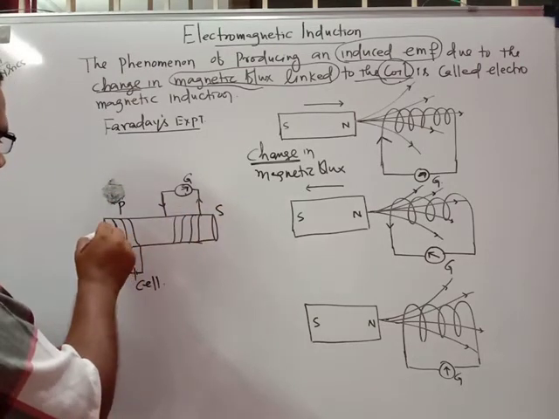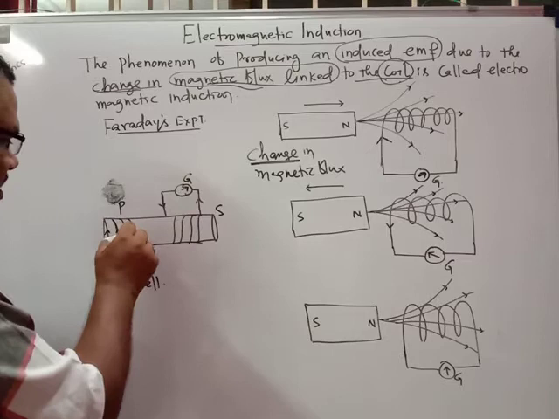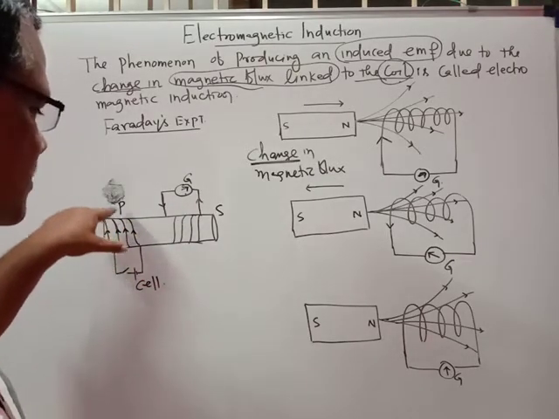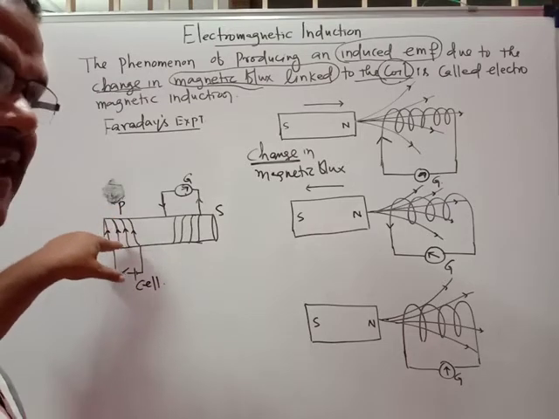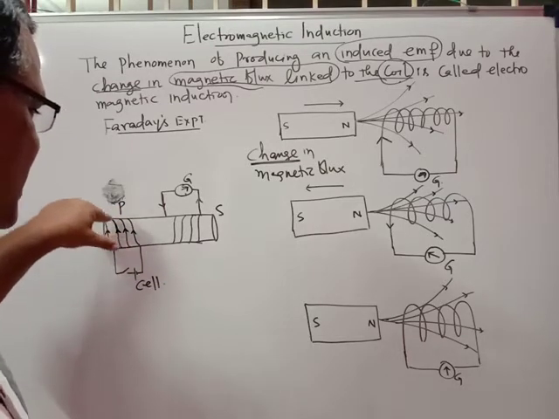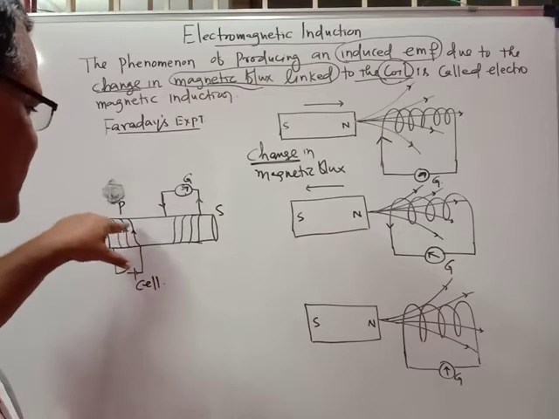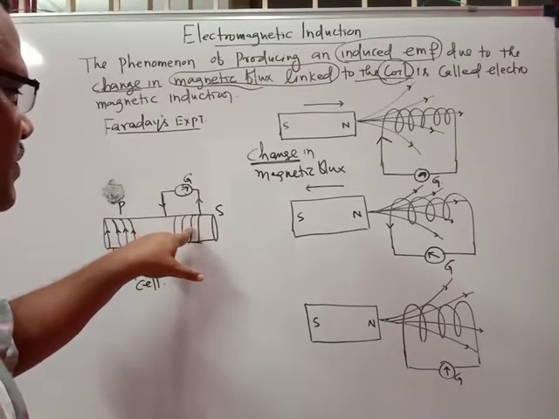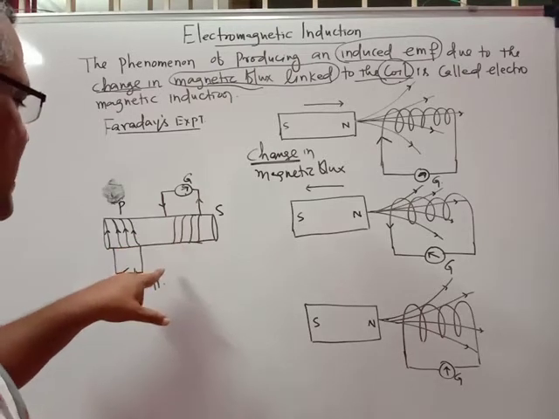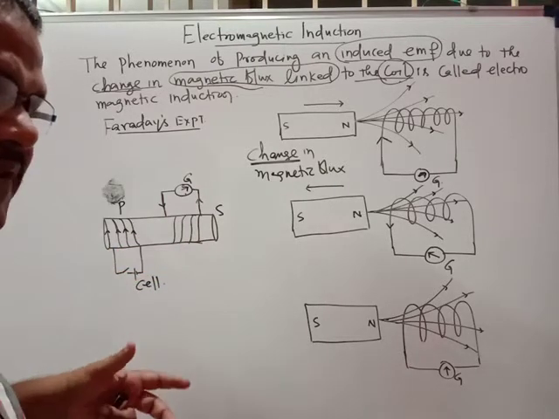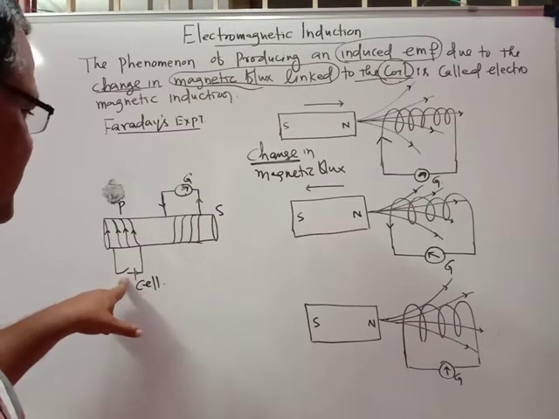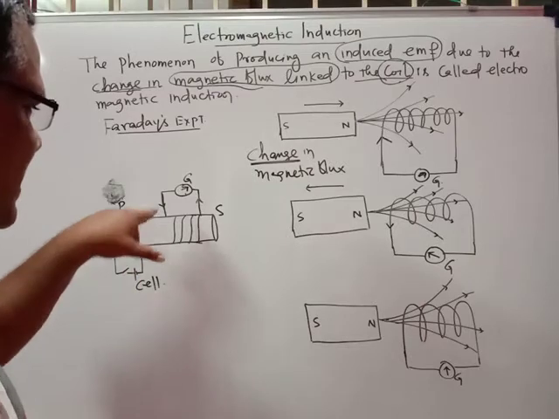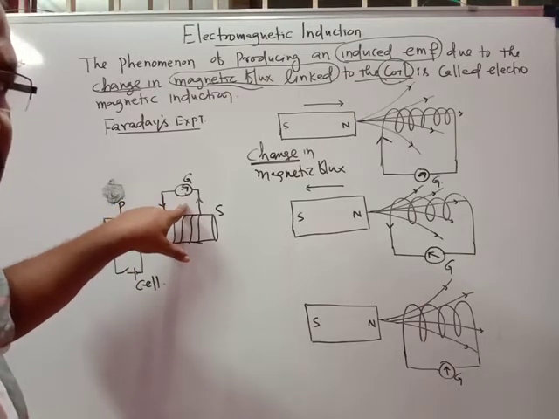In the primary coil, the current passes immediately when the switch is made on. As soon as the current passes, a magnetic field is created, and the magnetic field produces magnetic flux, and that magnetic flux links to the secondary coil, and immediately an induced current is produced there. And if you switch off the battery, the current immediately falls down and the magnetic field also falls down, and at the same time you also get an induced current.